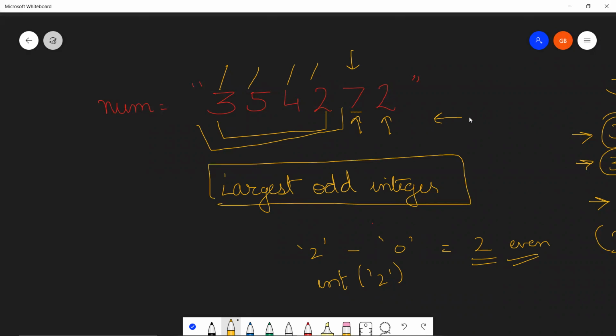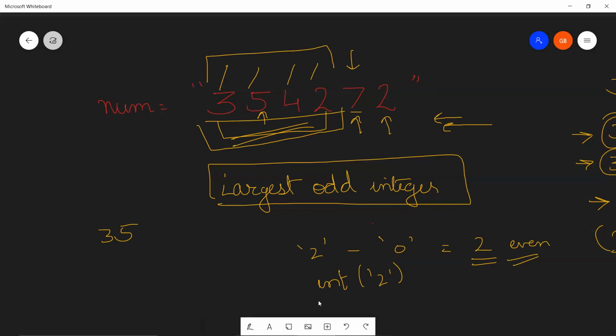If you were proceeding from the right, you would have got the result of odd with 5 also, and then your largest substring would have been 35. To make it largest, you add as many numbers as you want preceding it, and if you proceed from the right hand side, you get the largest amount of preceding digits. Therefore, as soon as you get the odd digit, you can safely say that you have found your largest odd integer and you just return. As simple as that. Such an easy code.